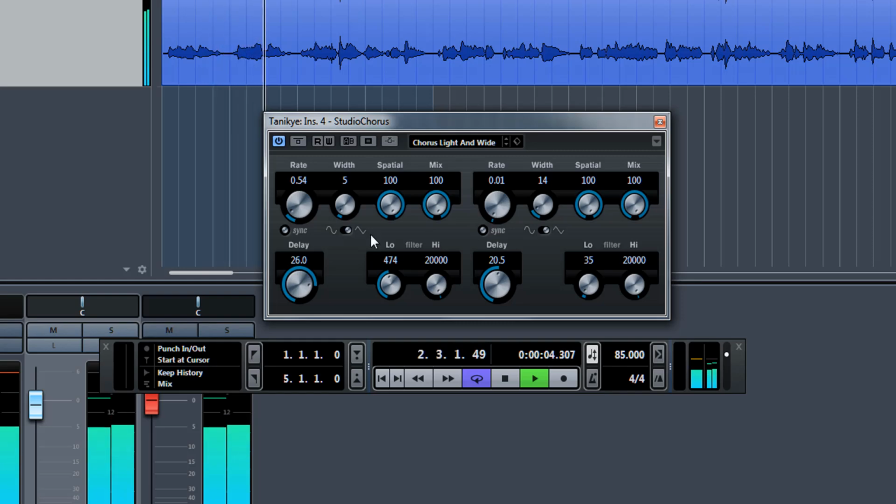It's up to you whether you want to sync it and work in divisions or subdivisions, or throw it out of sync and work in tiny little values. When I throw it in sync, it's a bit too dramatic. So let's